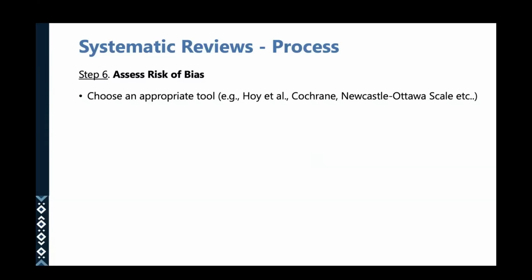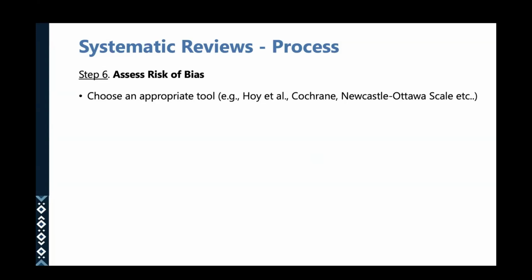So you must choose an appropriate risk of bias tool. There are different types of risk of bias tools depending on the study design and the kind of research question. For prevalence measures, one commonly used version is the one described by Hoy and colleagues. You have the risk of bias tool from Cochrane. You have the Newcastle-Ottawa scale. So depending on your research question and the kind of synthesis method that you want to use, you want to pick the appropriate